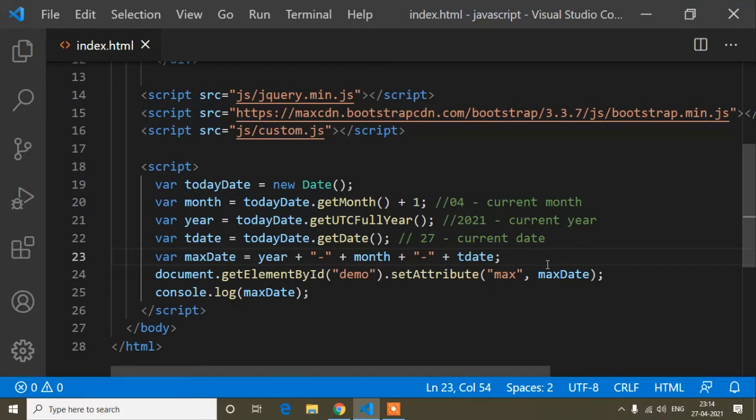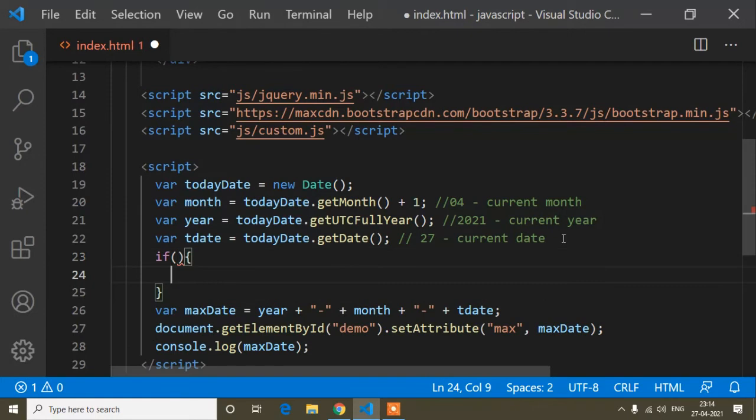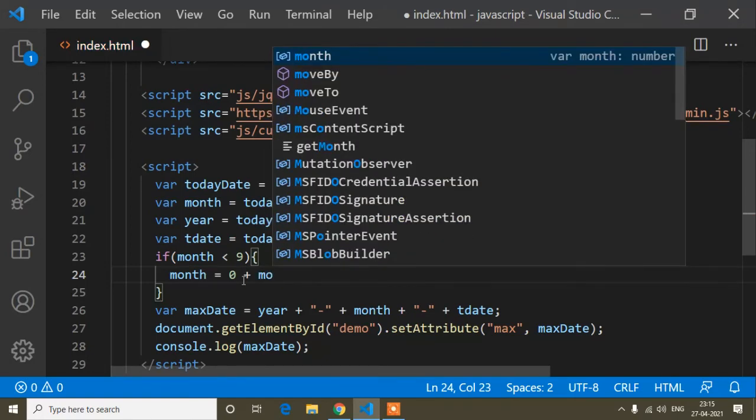Before this max date, we can write an if condition. Suppose if the month is less than 10, then inside this month I will write 0 plus month.